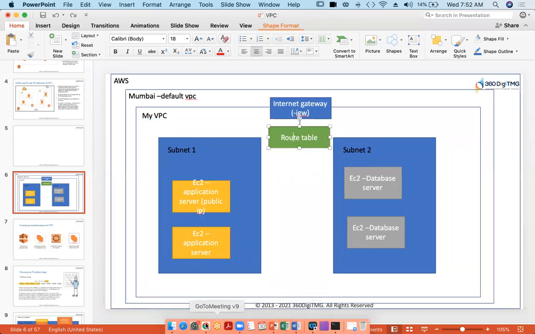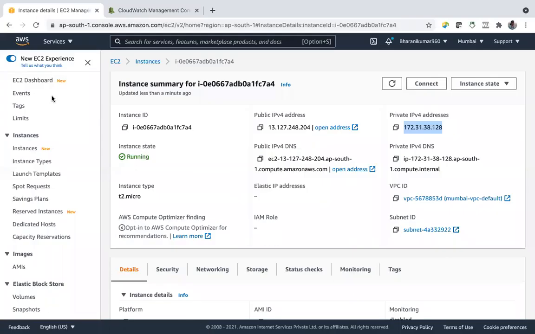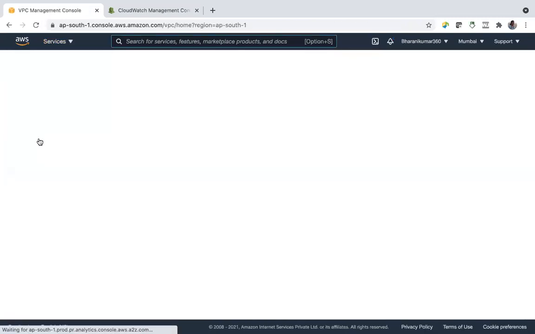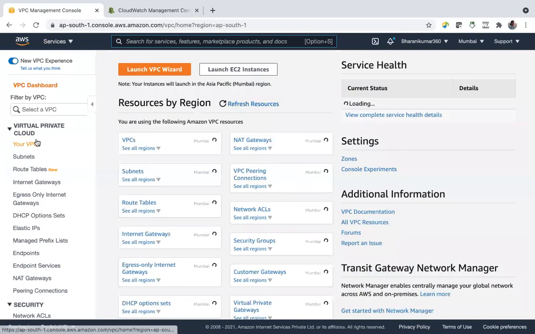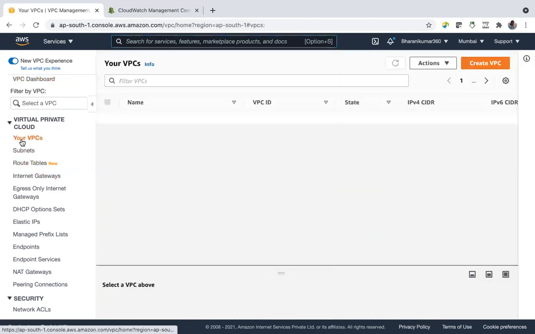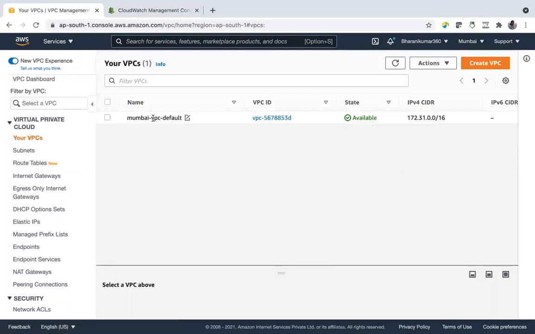Now let's go to our console. I'll go to VPC, and you can see subnets, route tables, internet gateways, things we have discussed now. And let us have our own VPC. This is Mumbai's default VPC.